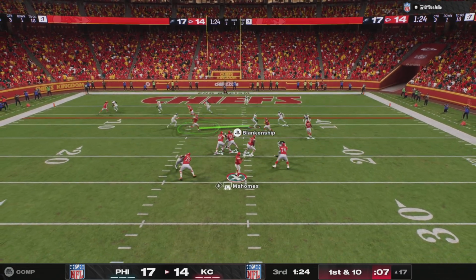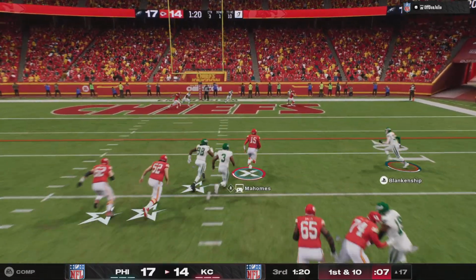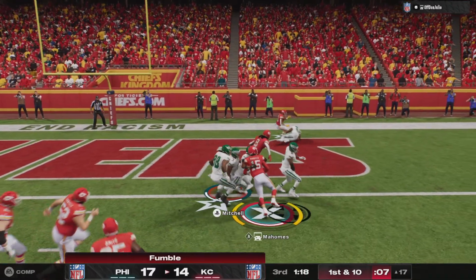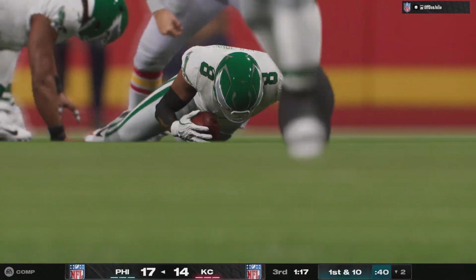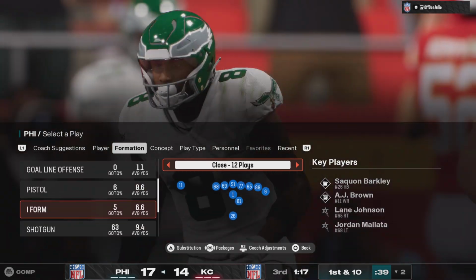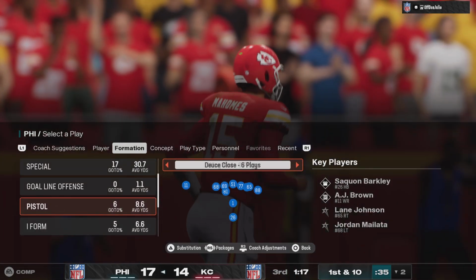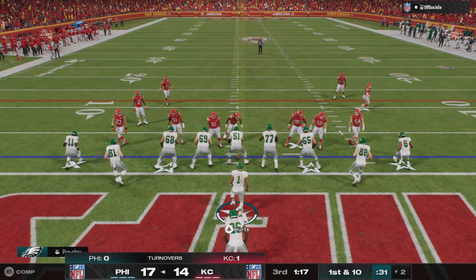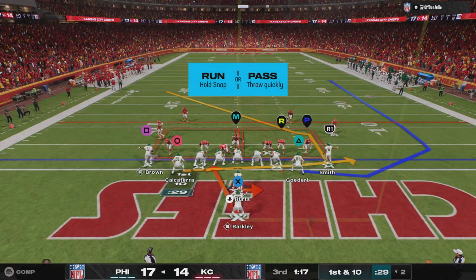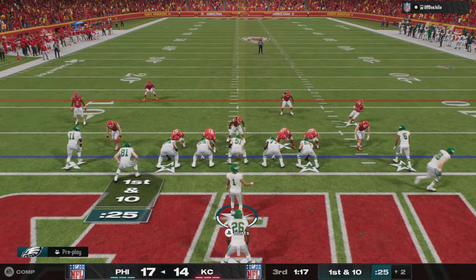Now it's Mahomes again. Mahomes hit. He lost the football. But it looks like one of the DBs has it. And a big turnover there as his guys will get the football back. And just as they thought they might be able to take that across and get the lead, a big red zone turnover. I know that I am defense-centric, and I want to give them a whole lot of credit, but